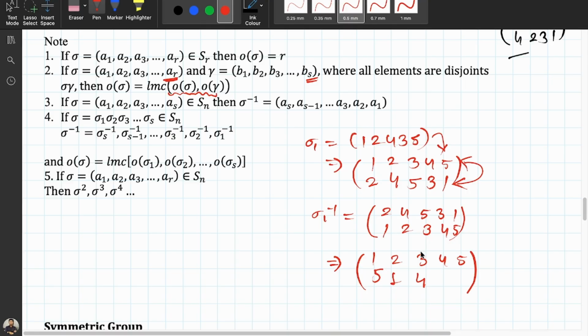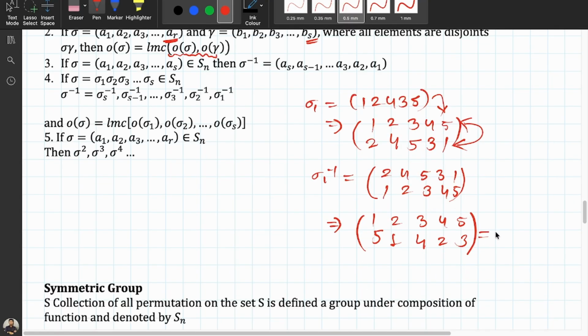Okay, then 4 goes to 2, and then 5 goes to 3. Then can you write it in the cycle form? Yes, easily. 1 goes to 5. From here it is what? 1 goes to 5, 5 goes to what? Okay, simply we can write 1 goes to 5, 5 goes to 2, 2 goes to,